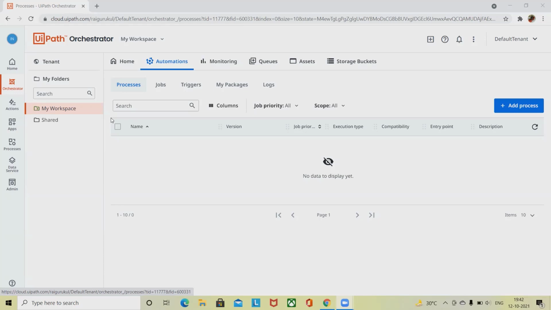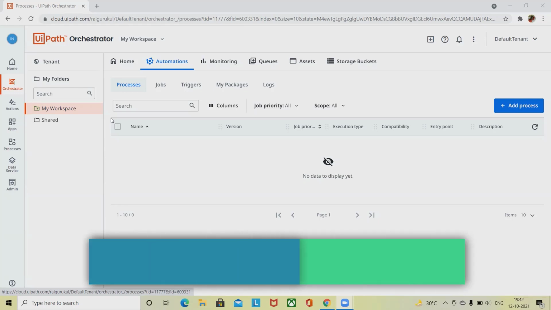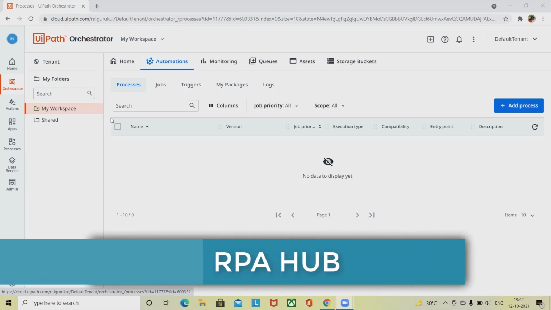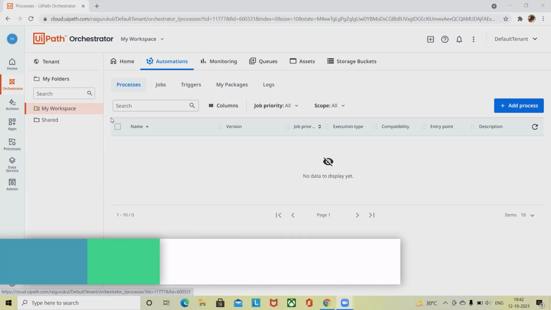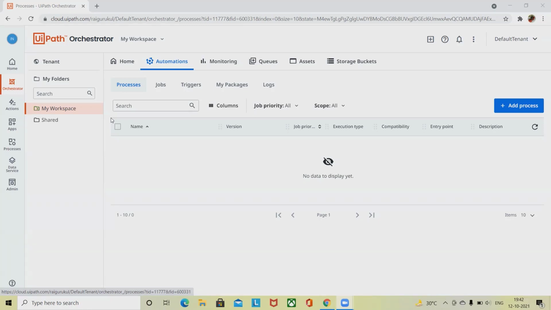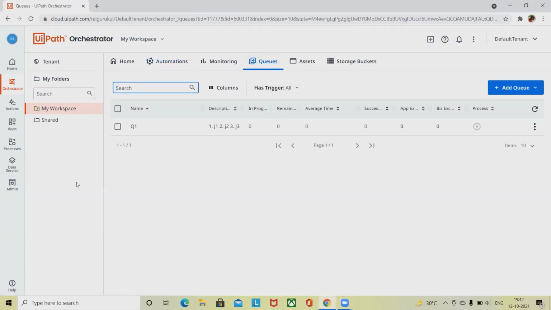In UiPath Orchestrator, newly created queues are empty by default. To populate them with items, we can either use the upload functionality in Orchestrator or Studio Activities. The latter also enable us to change the item status and process them. As soon as queue items are processed, they become transactions. So you can see here, there is one queue created here.